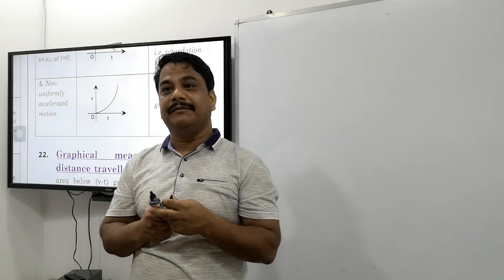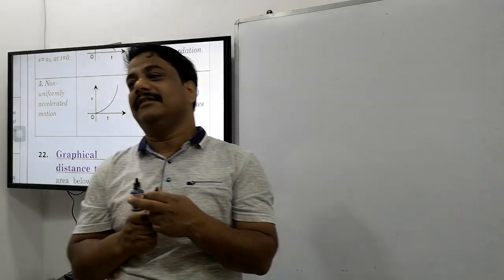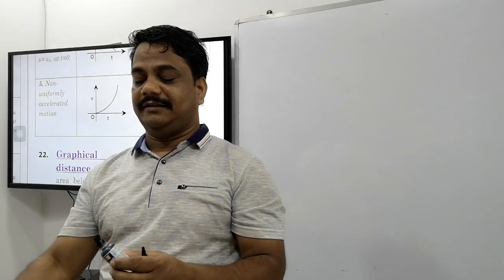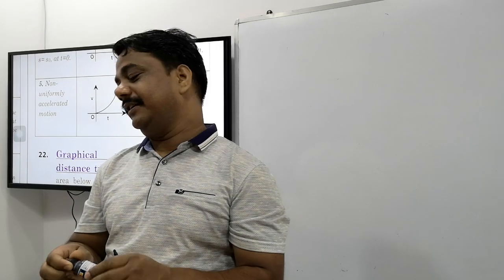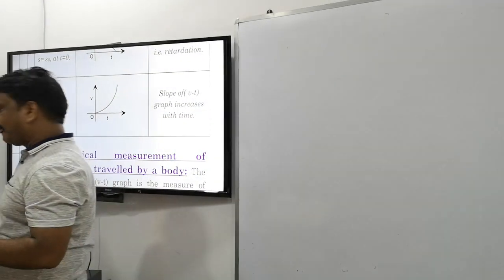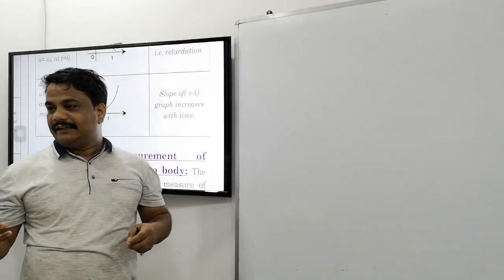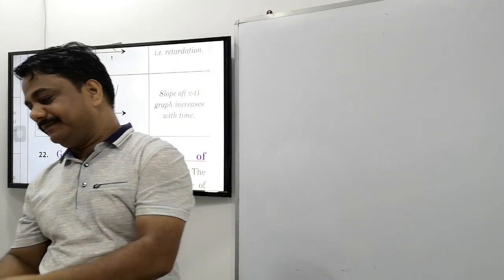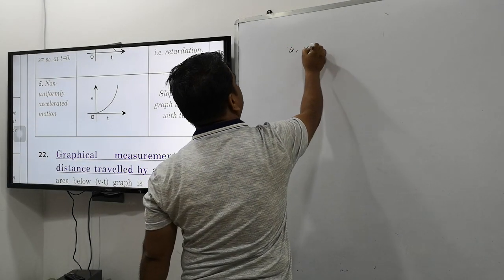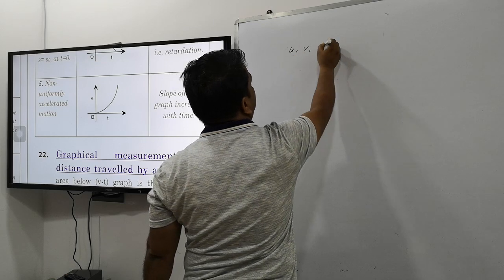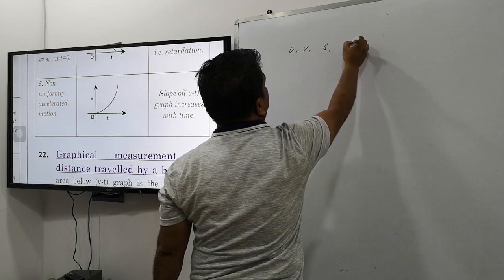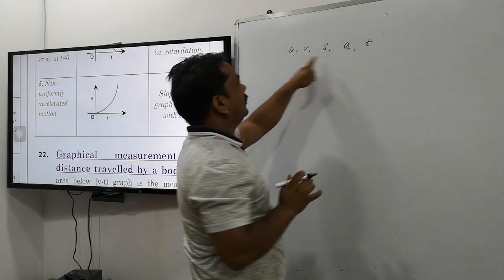The chapter began one week ago. So what do you understand by the motion variables or variables of motion? Distance, displacement, time, velocity, speed, acceleration. These are called motion variables. I'm writing the motion variables: u is the initial speed, v is the final speed, displacement is represented as s, velocity as v, acceleration as a, and time as t.